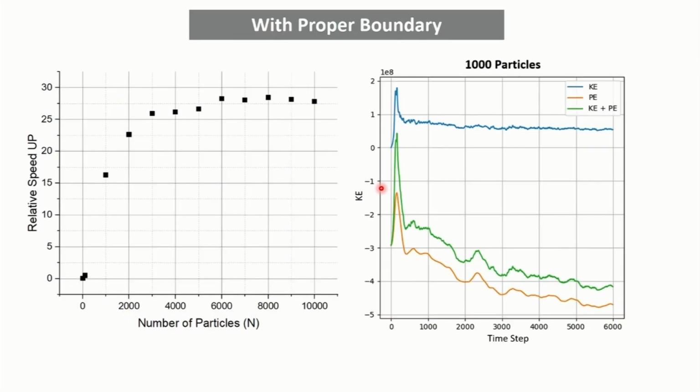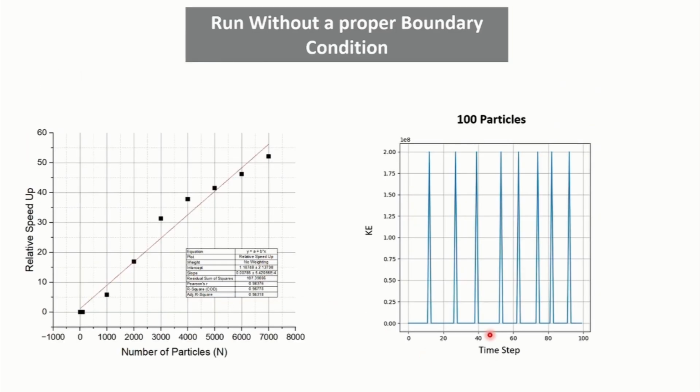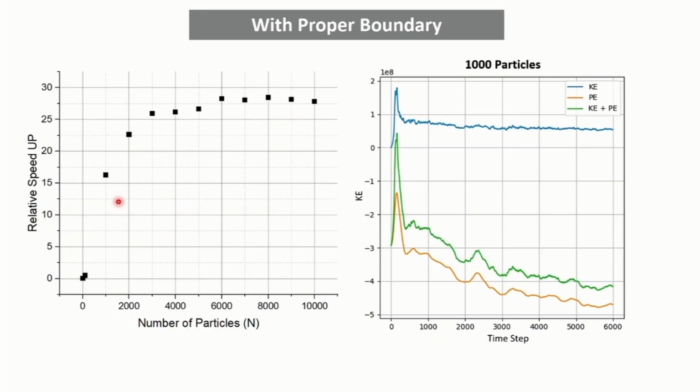And this is the speedup plot. As you increase the number of particles, the speedup increases, right? This is the comparison between the numpy and cupy code. This speedup kind of saturates near 28 to 29. If there were no boundary conditions, you get these kinetic energy spikes, but the speedup is very good. Near 10,000 particles, it reaches 80 to 90 times speedup. But with boundary conditions, it saturates, because those if-else conditions spoil the speedup. Okay, so that's it. Thank you.